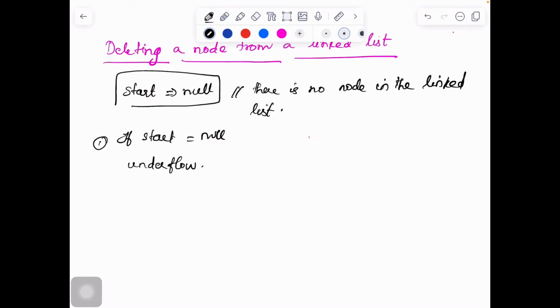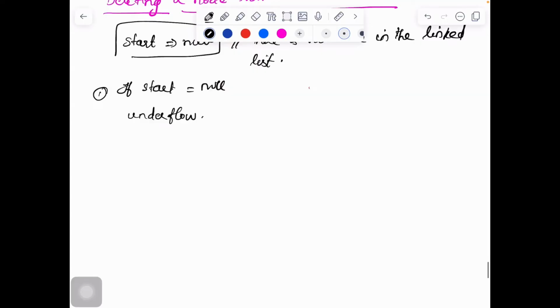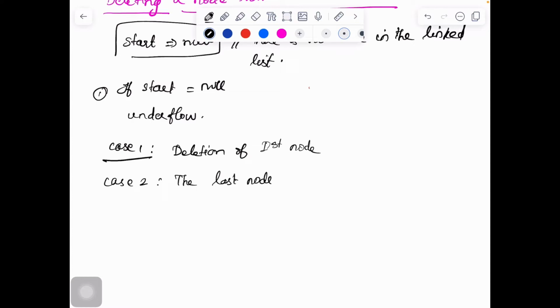Okay, fine. Now let us see the different cases of deletion. There are 3 cases. Case 1 is deleting the first node. Case 2 is the last node deletion, where we'll be deleting the last node of the linked list. And case 3 is deleting a node after a given node.